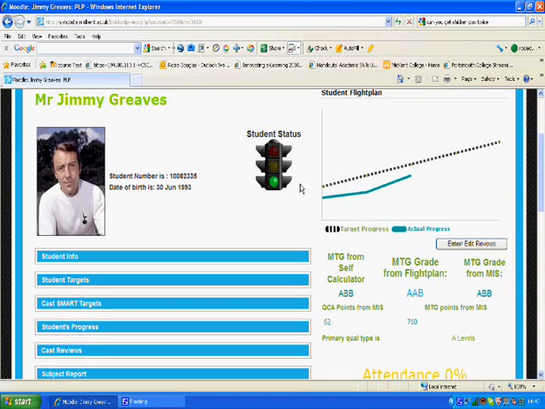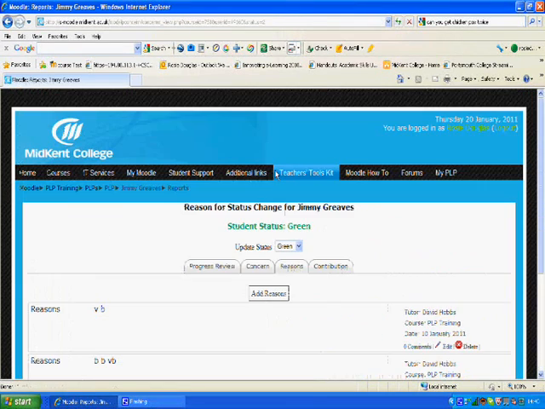But one of the things that we've done differently is that you can now click through on the traffic light to make any changes. Previously you had to go through different blocks to do this, so we can now change that to red, amber, green, and add the reasons for the change. That's something else we've added as well, so that you can track all the time why that traffic light might be changing. So I'm just going to go back